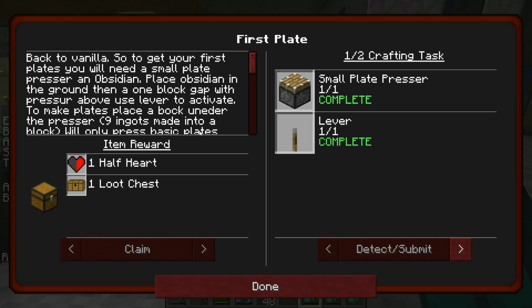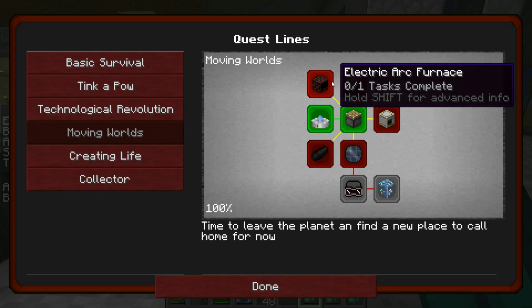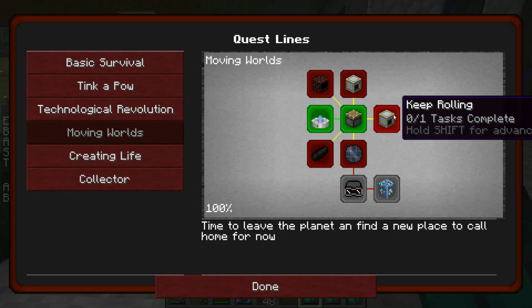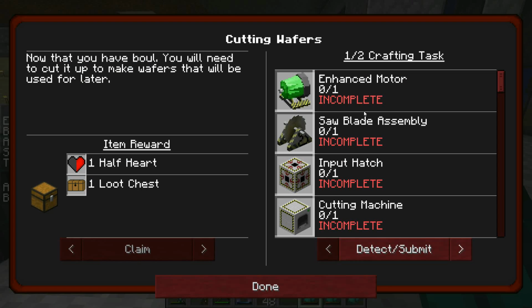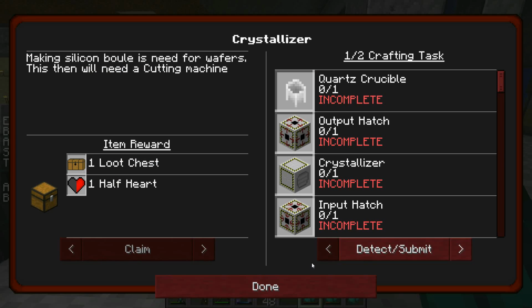So now let's look into this. Half heart, loot chest. This quest is done. So these are all the machines we're going to need to create. An electric arc furnace, a lathe, a rolling machine, sorry, a cutting machine, okay? And a crystallizer. This shows one of each type that you need, but I know how to build these